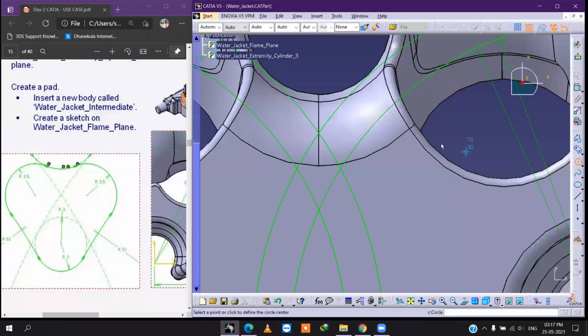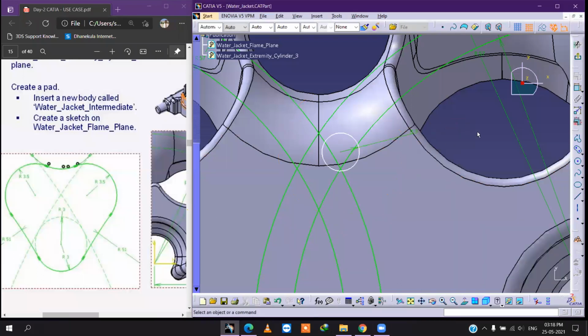Yeah. Otherwise we can draw from here, center, radius 3 mm. Okay, don't keep any relation. See, here red color is showing, the sketch should come in white color. Okay, after that you can give the dimension R3.